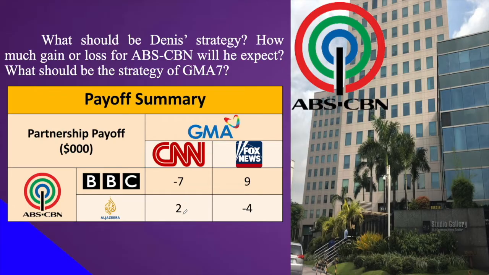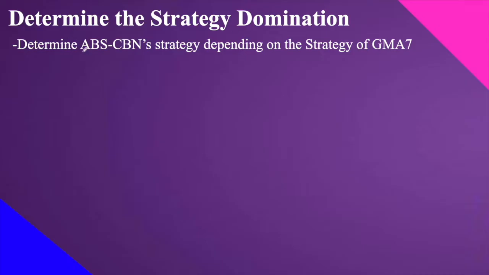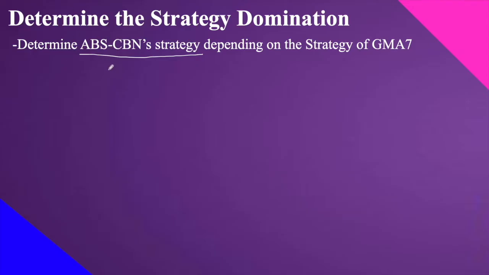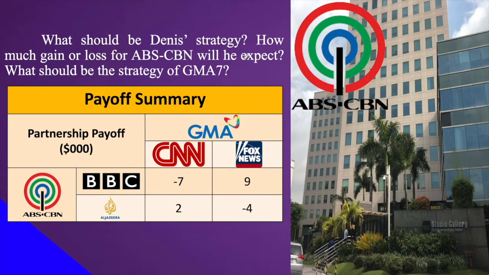So, again, sabi natin, di ba, ang i-determine natin is yung strategy ni ABS-CBN, depende sa strategy ni GMA7. So, meaning, titingin tayo sa strategy ni GMA7. Saan ang mas mataas na payoff for us if ever na nagpartner sila with CNN? That is -7 and 2. No, syempre, pipiliin natin 2. Kapag itong si GMA nakipag-partner kay CNN, doon tayo makipag-partner kay Al Jazeera. Okay, nakuha nyo? That is 2. So let's write that in the proper form. That is max for CNN ito, no? Max between -7 and 2. Basically, this is 2. Now, if ever naman that GMA7 partners with Fox News, that is 9 versus -4,